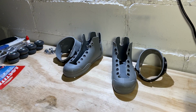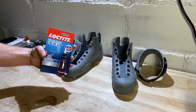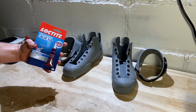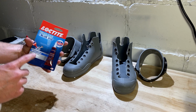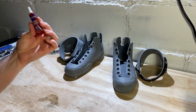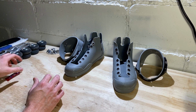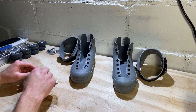And now we're ready to throw these boots back together, and when we do it, we are going to use blue thread locker. I use the Loctite brand, any generic brand will work, but you want the removable type of thread locker. Now I know a lot of skaters like to complain and say, you know, you shouldn't have to use this stuff and bolts shouldn't back out on their own and it should come from the factory perfect the way it is, but every skate that I have ever bought comes with a manual that says to do a